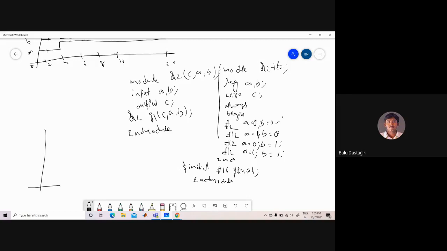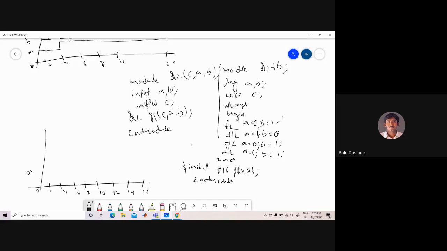So 0, 2, 4, 6, 8, 10. These are the time units which I am plotting here, up to 16. Initially at 0, at 2 time units I have directly assigned the value.